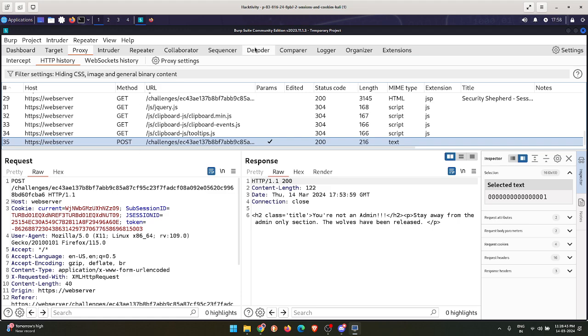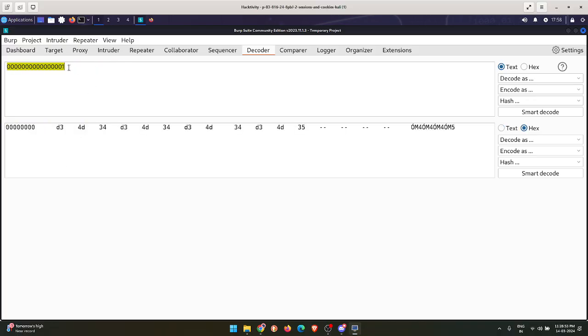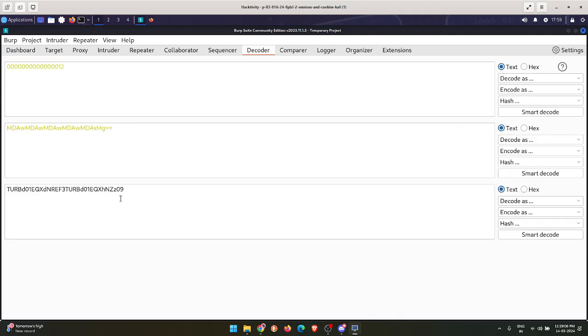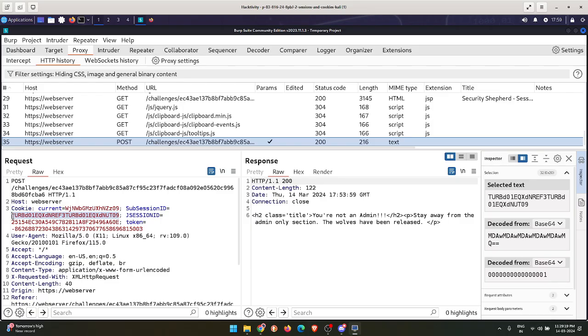What if I change it? Let me do that. This one, right? Copy, paste. Now this is 01. Let's say, what if it is guest 12? Let's say I want to give ID 12, and if I encode it two times, encode Base64, encode Base64, it becomes like this. This is very similar to what I had in my subsessionid. Yeah, very similar to what I had there. So if I paste it,